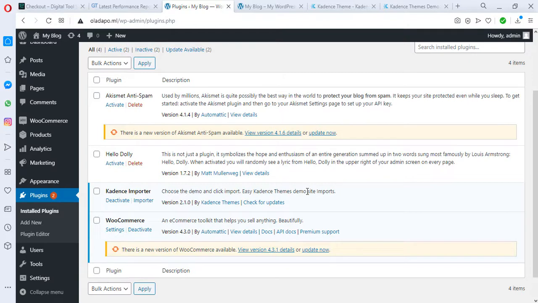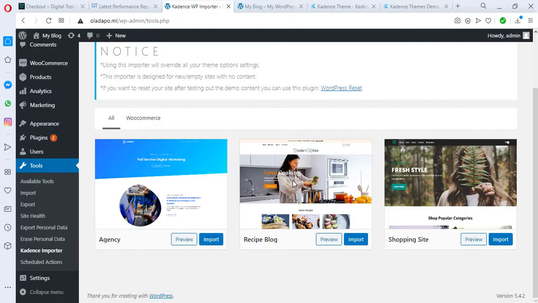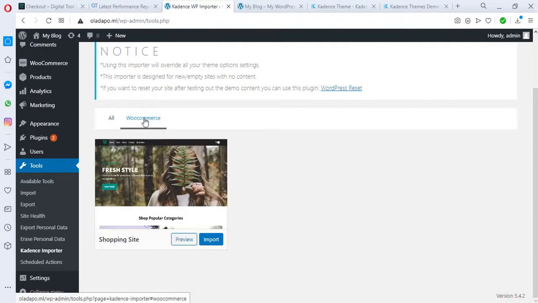Not sure I want to take the chance of updating anything right now. So what we can do right now is to go straight into importer. So you would see under the Kadence Importer there's an option for importer. So we click this. We have 3 templates that we can choose, and definitely you can choose between Ollie and even WooCommerce, and you see that this is the only theme we have for